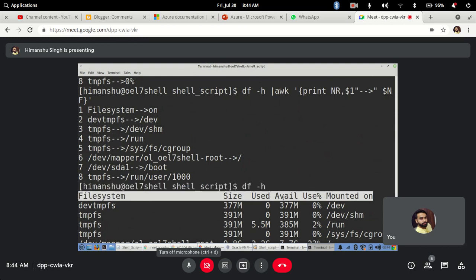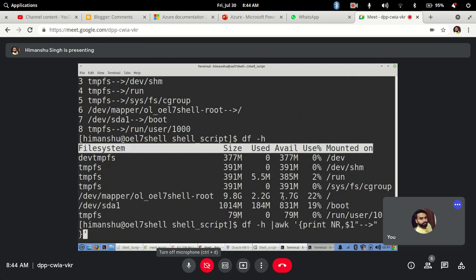Got it? Now we have seen NR for the lines, but let's say you want to display lines 3 to 6.